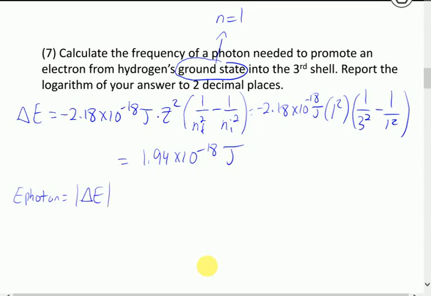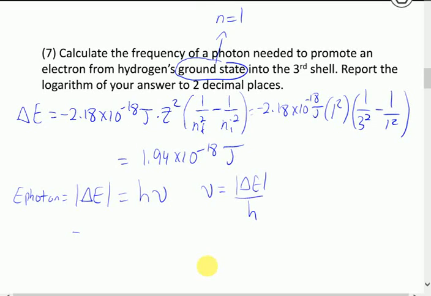We can't have negative photon energies or negative photon wavelengths or frequencies. So we take the absolute value of that, and that's going to be equal to h times the frequency, or hc over lambda if we're solving for wavelength. All right, so that energy difference equals the energy of the photon, and so the frequency is just going to be given by the absolute value of delta E over h,